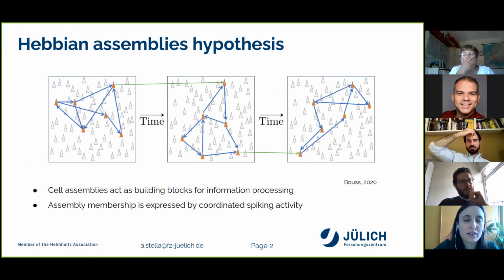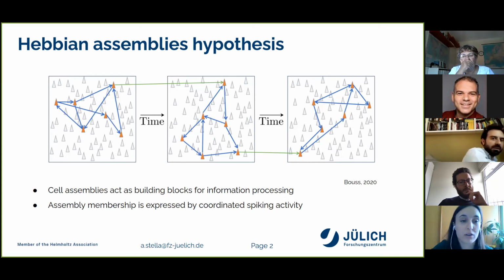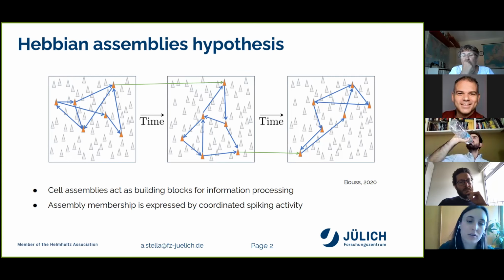What I'm going to present starts from the context. The background is the Hebbian assembly hypothesis. Donald Hebb theorized in 1949 that assemblies of coactive neurons act as information processing units. With Hebbian assemblies, we are talking about groups of neurons that are co-activated time after time and in different places within the brain. This is theorized. There are already some experimental evidences, but context and backgrounds can be very different. So our more